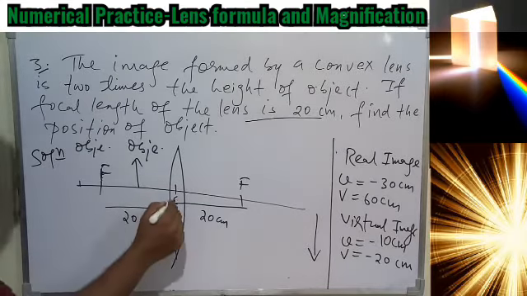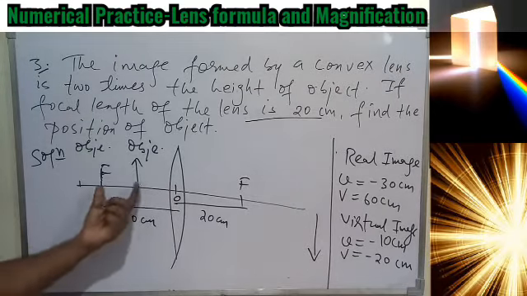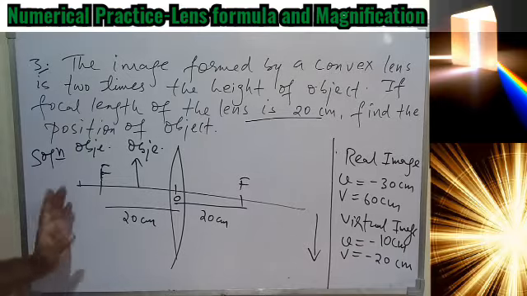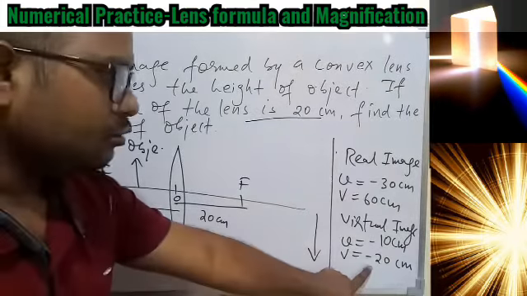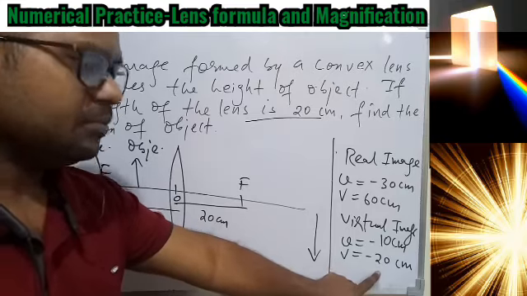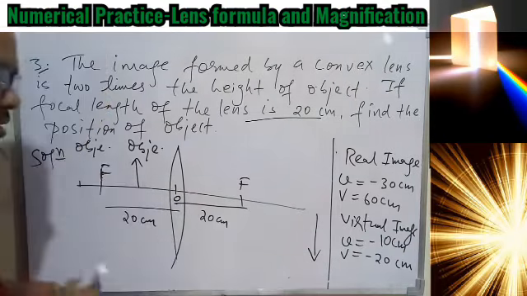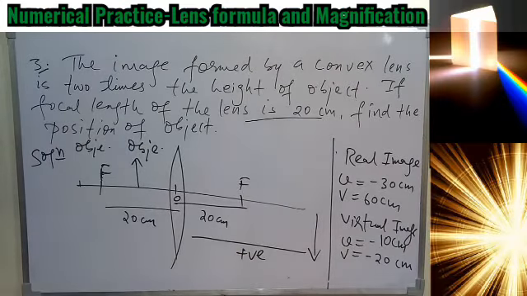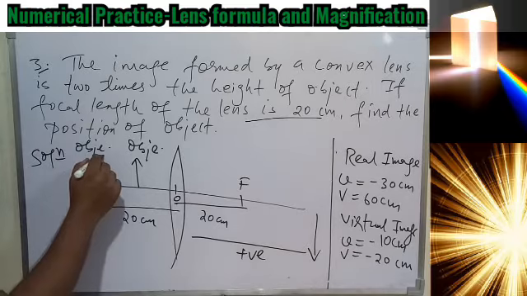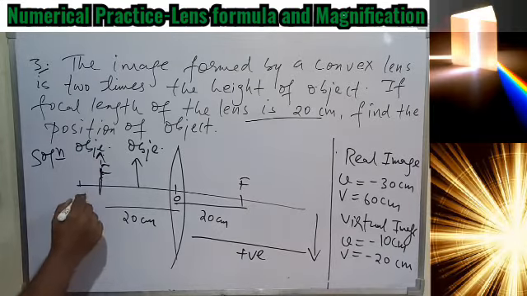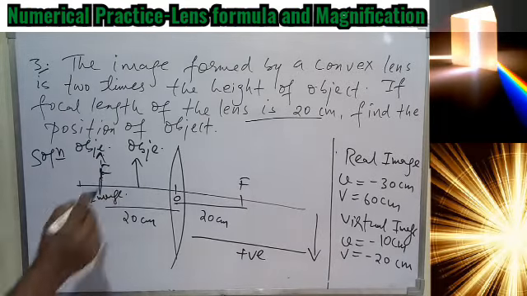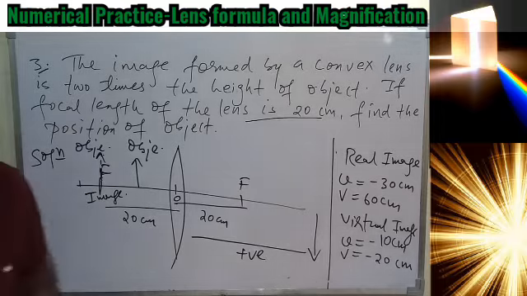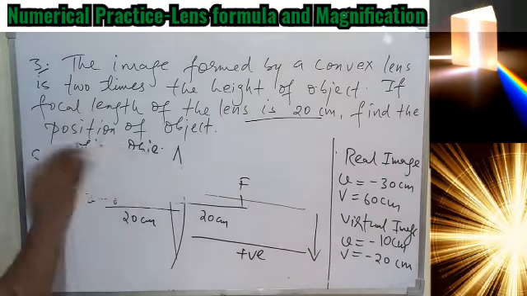And you know, this is the condition when the object is placed between the optical center and the focus, and we know the image will be virtual, magnified, and on the same side only. That's why the image distance is coming negative. In the first case, the image distance was positive because that was real. In the second case, the image distance is coming negative, minus 20. That is nothing but the image forming somewhere here only. So this is the position of the image. So I hope you understood. You should also be able to relate.